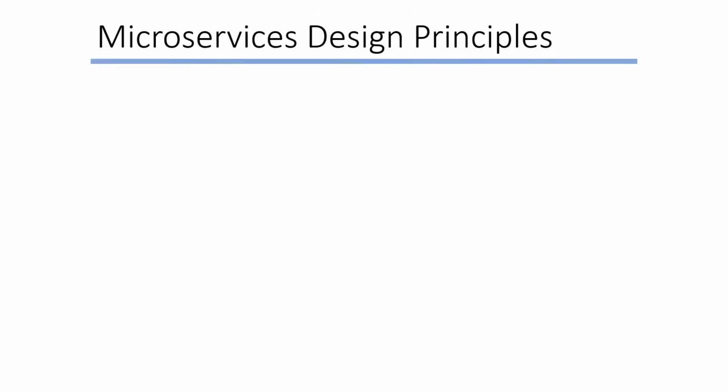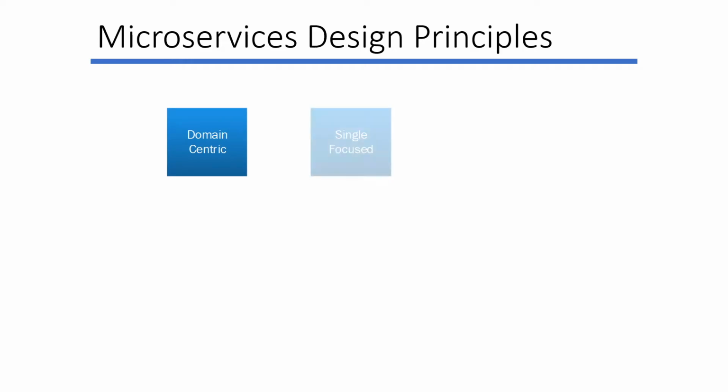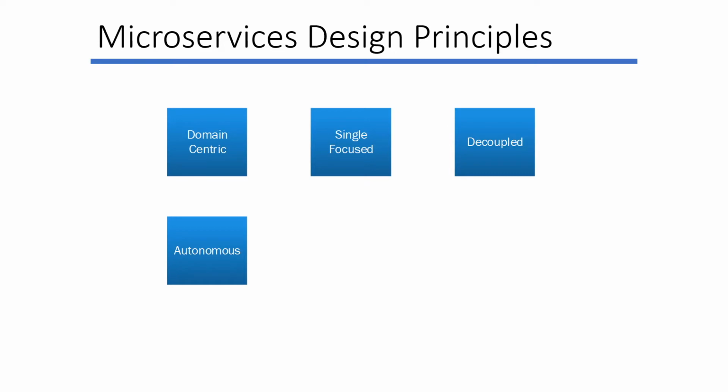As with every type of architecture, the degree of conformity to specific rules is up to us. In the case of microservices, it is important that we follow certain design principles in order to get the maximum benefit. Microservices should be domain-centric, addressing and performing actions only for specific business domains, single-focused, doing one thing and one thing only, decoupled from each other with indirect and asynchronous channels of communication, autonomous, meaning individually deployable and scalable, resilient,